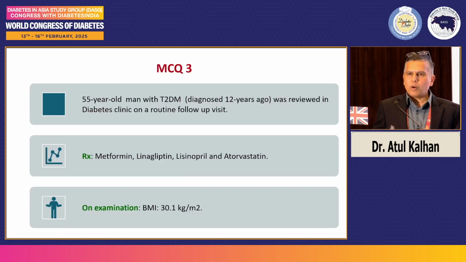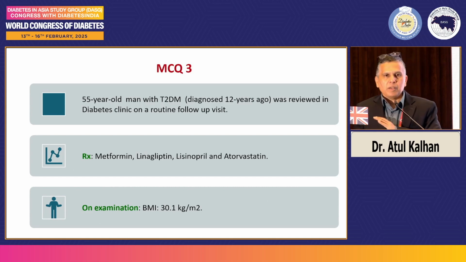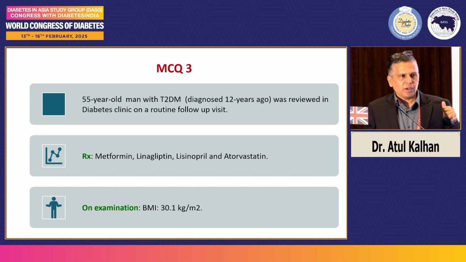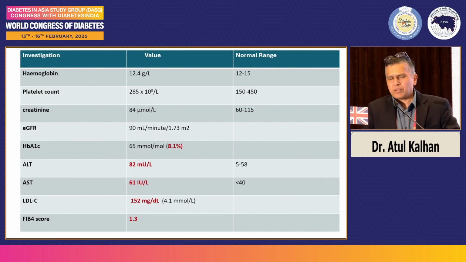Third question. So all fine so far, right? Everybody's getting correct answers. A mid-50s guy on metformin, a DPP-4 inhibitor, an ACE inhibitor and a statin. And this is my go-to thing: if you are on a metformin, a statin, and an ACE inhibitor or ARB, you have done your job. The rest of the things are bonus. BMI of 30.1. Deranged liver function, raised LDL, FIB-4 score of 1.3. This is slightly more complex, right? So my question to you,